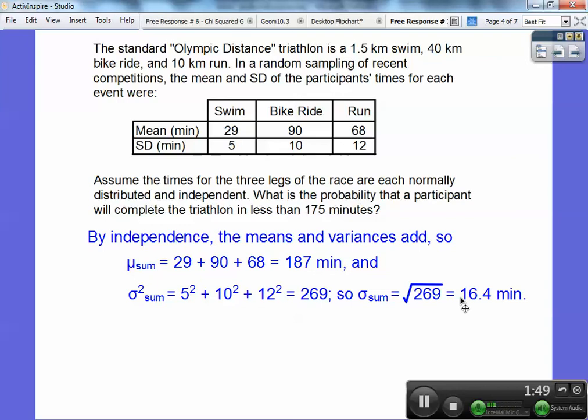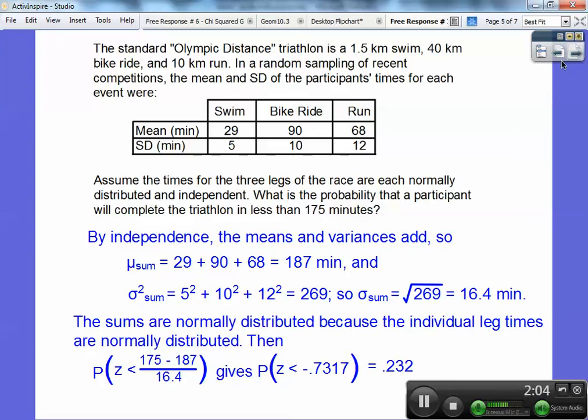Okay, and do you remember your z-score formula? X bar minus my mu, where my mu is 187, divided by my standard deviation, which is 16.4. Okay, and it says that is competing in less than. Okay, so here we go. So we're looking for the sums, which are normally distributed because the individual leg times are normally distributed. So the probability is going to be, our z-score is going to be